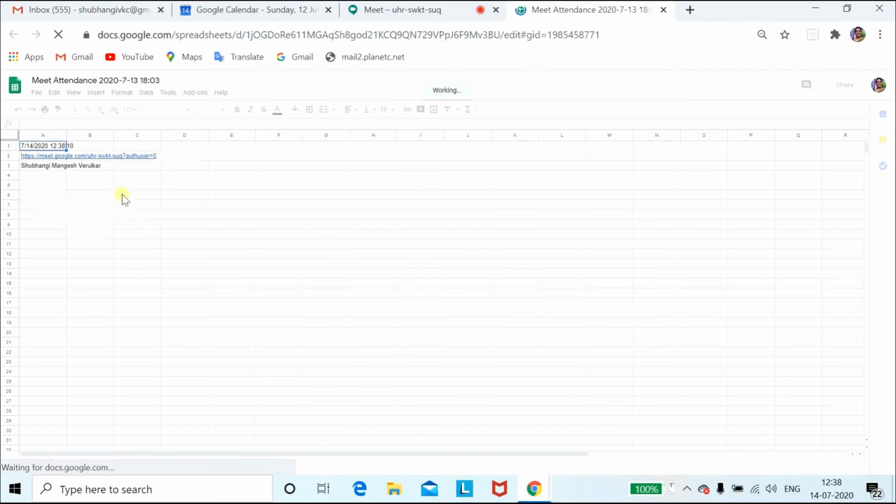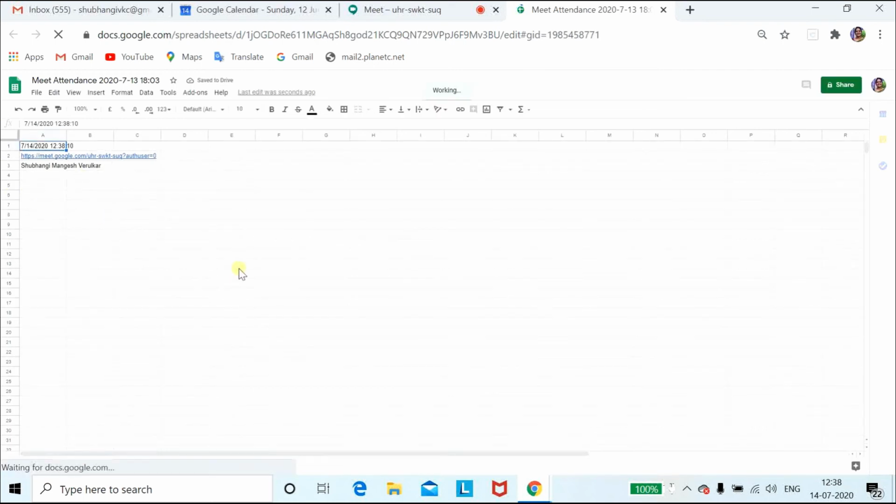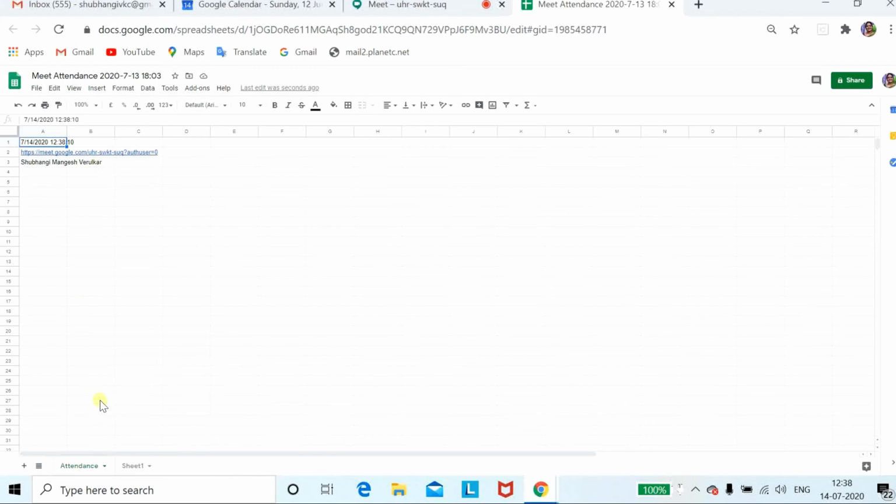So you can see that I was the only user there. So the date, that is 14, and the timing. Although the meeting was scheduled on 12, in the current attendance you can see that I have joined on 14/7 and the time of attendance. Okay, in this way, if a number of users are there, you will get a database of the number of users in your Excel sheet. So you can mark your attendance like this whenever you are conducting your Google Meet.